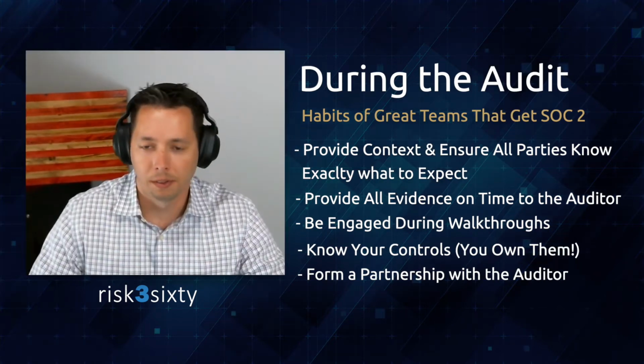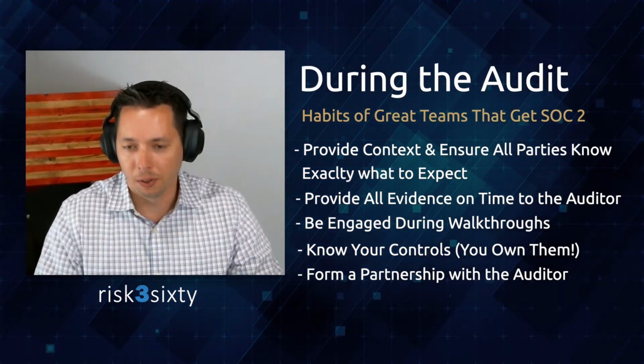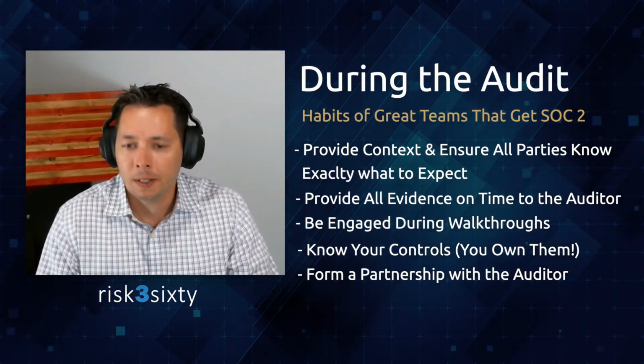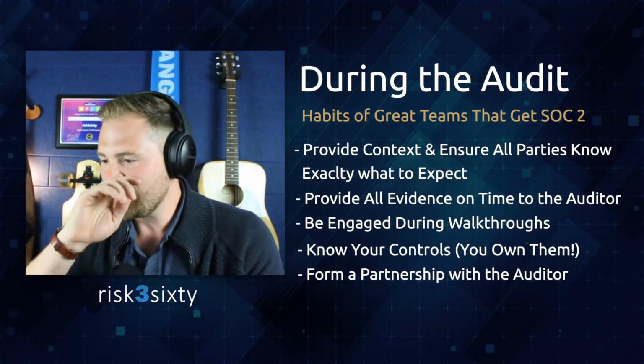Yeah, no, that's a big piece of the audit itself, tactically gathering that evidence. So when you can use a platform and distribute the burden to the team, it becomes a lot easier to get through that. Yep. Another thing I'll add is we've kind of talked about this, especially in our last video,